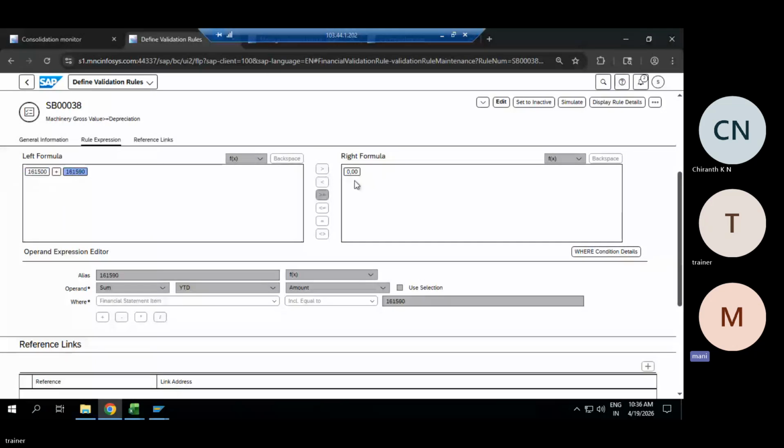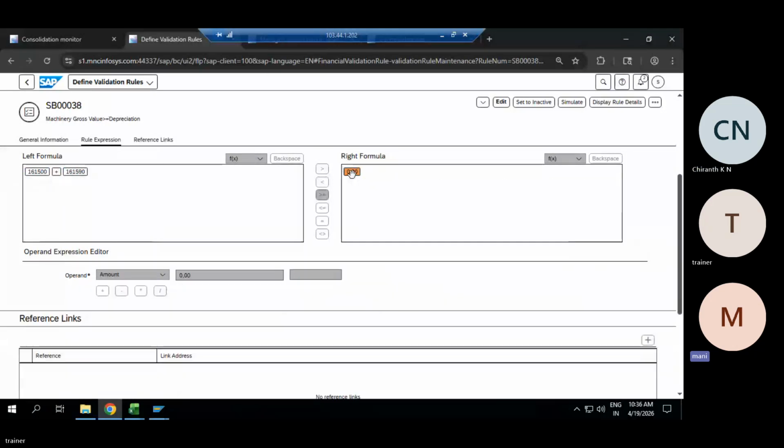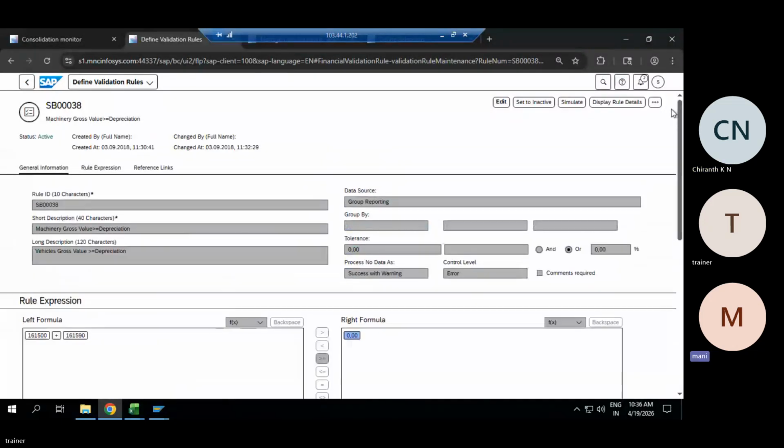Adding these two should become zero. This is the validation. What are those two? Account or FS item? This is depreciation and accumulated depreciation, I guess.